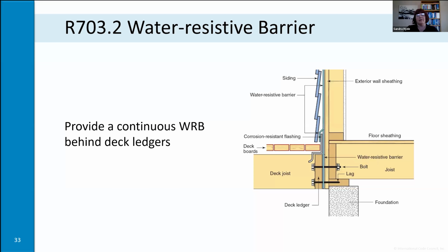When we look at decks, this section also reinforces the fact that for an outdoor deck, you need continuous water resistive barrier both behind the flashing and in front of the flashing right above the deck ledger. And this is